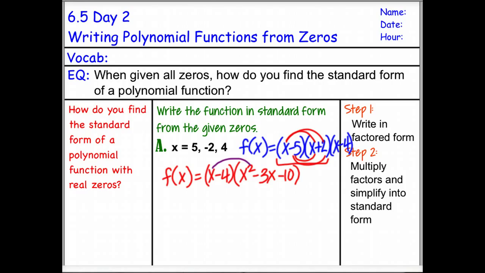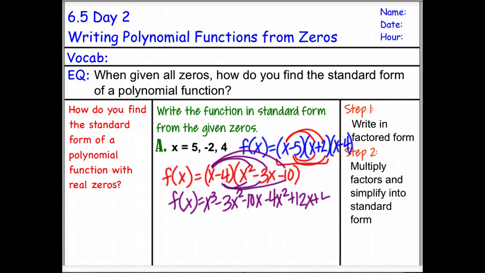So we get f of x equal to x cubed times -3 or minus 3x squared minus 10x. And if you want to use the box method, you can feel free to go ahead and do so. Minus 4x squared plus 12x